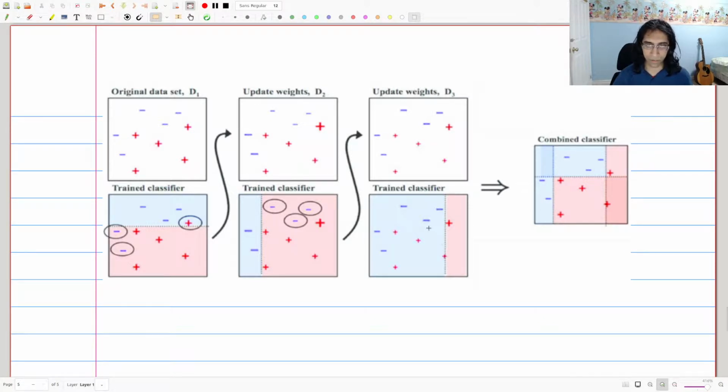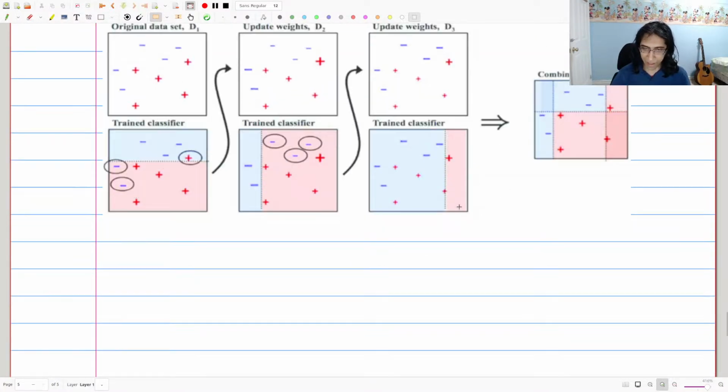After a number of iterations of this, eventually you just output some combination of these different classifiers. It's an appropriate reweighting of these different classifiers, and that can represent shapes that weren't there in the original. For example, the type of classifiers we were using just draw vertical or horizontal lines, and you can see that you get this more complex decision boundary here. Cool. So that's the image of what you can picture